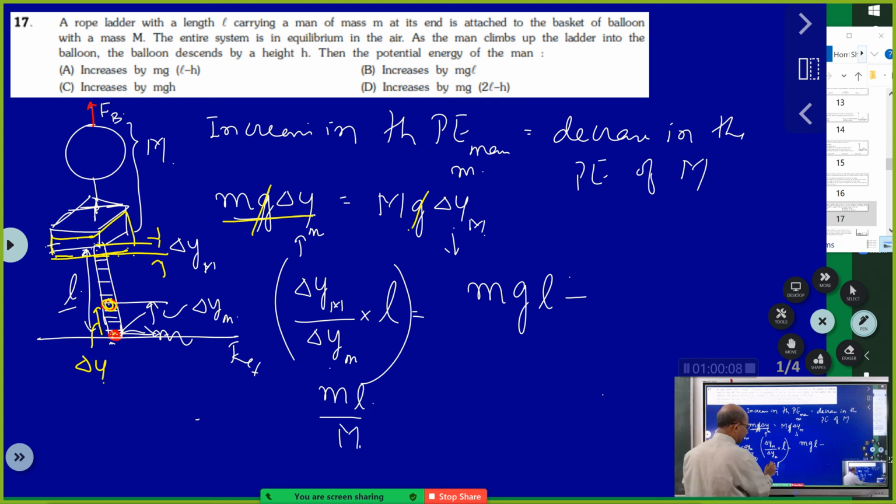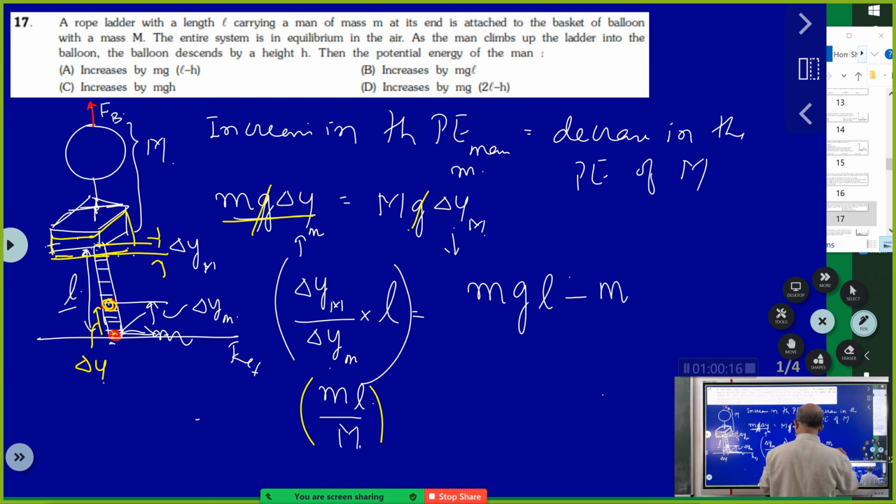So if he climbs L, he will come down by this much height. So his potential energy will decrease by m